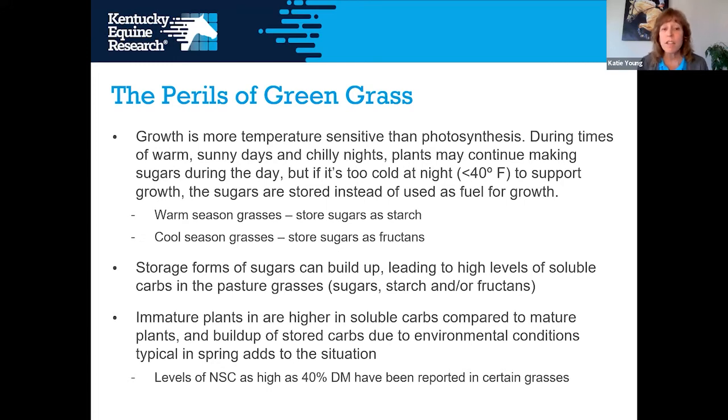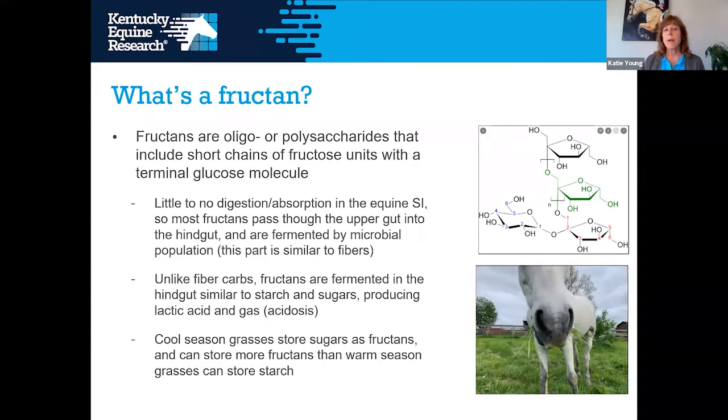So levels of these non-structural carbohydrates as high as 40% dry matter have been reported in certain grasses, depending on the environmental conditions at the time. So back to those fructans. What's a fructan? If you've been paying attention to a lot of the literature, you probably keep hearing about fructans, but a lot of times there are not good explanations of what fructans are. So, definition: fructans are oligo or polysaccharides that include a short chain of fructose units with a terminal glucose